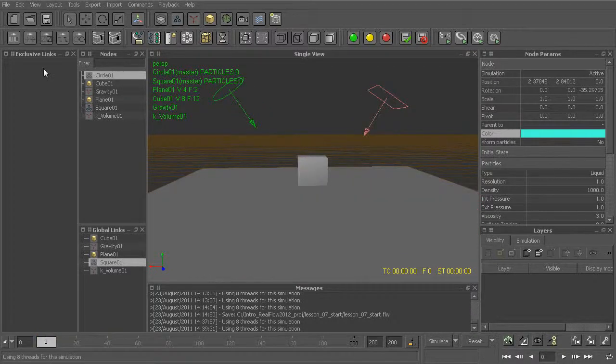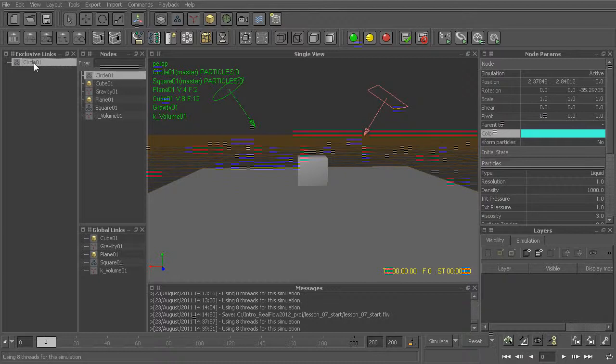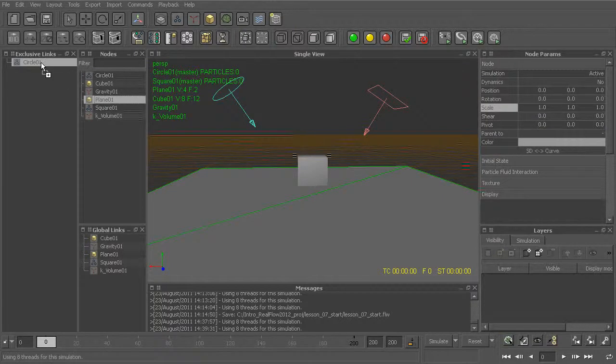So in order to set up an exclusive link, what we first need to do is take the object that we want to actually do our work on. In this case, it's going to be our circle emitter. And now we start to connect and drop onto this the things that we want to be affected by it, or the things that we want to be influenced. So for example, let's say we want this circle emitter to be influenced or to have its particles interact with the plane. So we take the plane, drop it on top of our circle emitter,